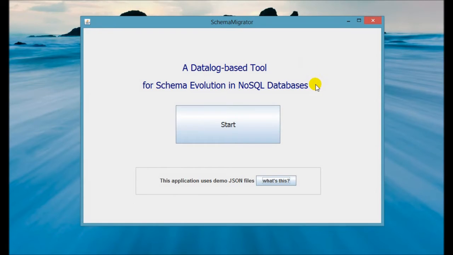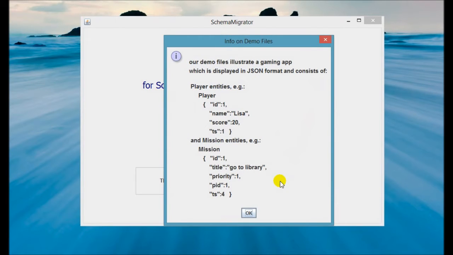Let's assume that upon a new release of an application, data which is already stored in our databases may become outdated. Therefore, we developed a tool that enables eager and also lazy migration on data which is stored in JSON documents. For the demo, we use existing JSON files which illustrate a gaming app consisting of player and mission